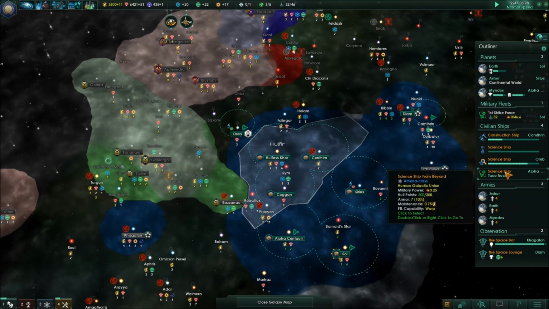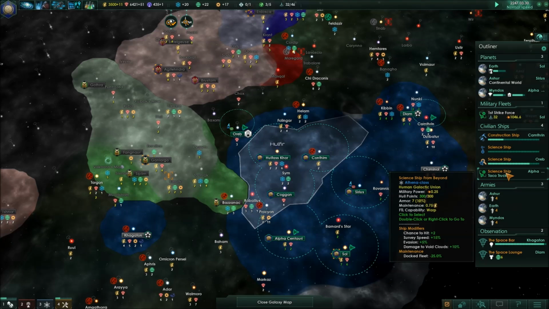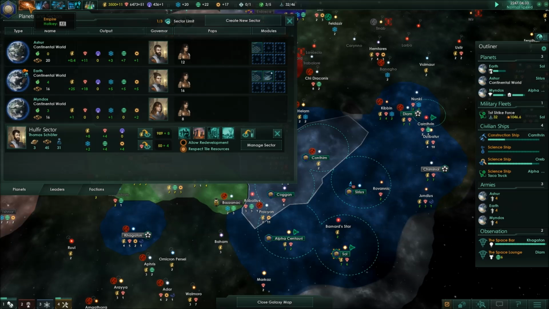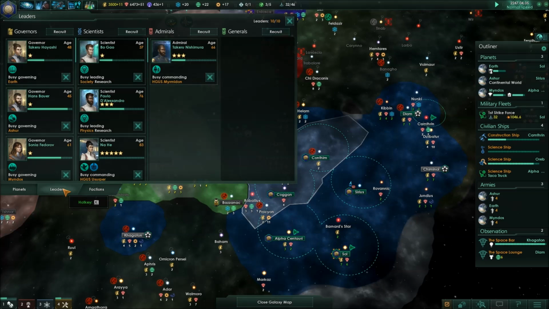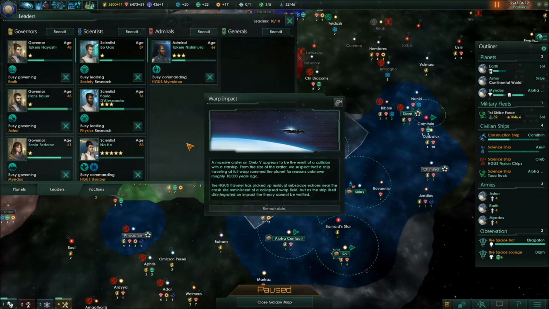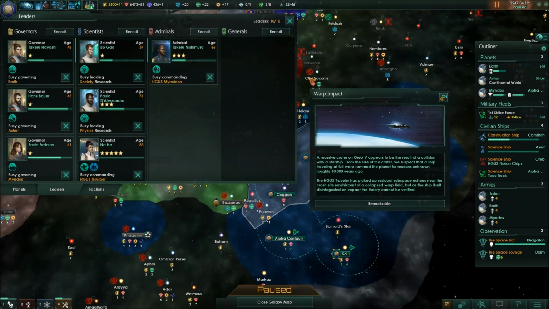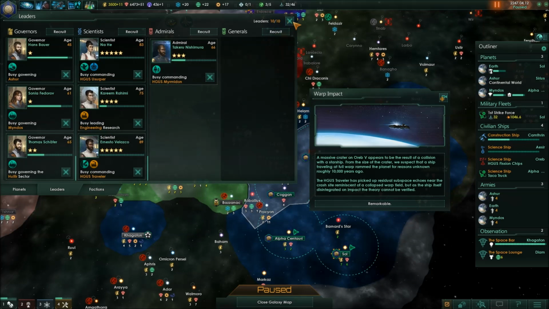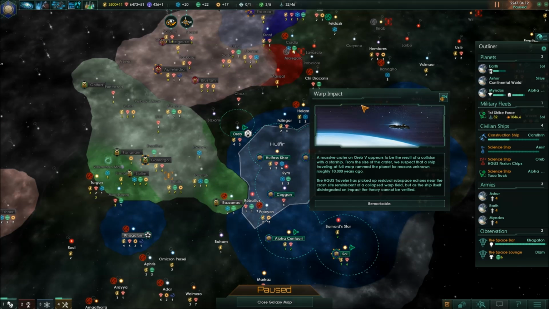Now, let's talk about the taco truck, because it does suck that we've got a science ship sitting there completely unused. Unfortunately, like I say, with our leader cap, we can't afford... I guess we could get rid of Nishimura, but I don't like the idea of not having a fleet commander. It seems a little dangerous to me. But the good news for the taco truck is, when we research some new developments...